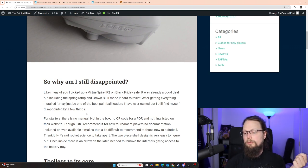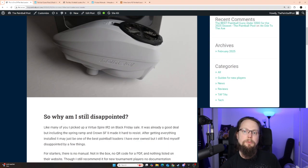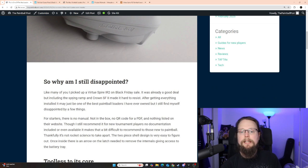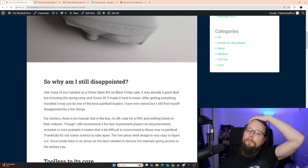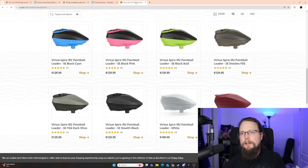Now, my IR2 is currently disassembled being painted because I got it in white because it was on a really good deal. And yeah, it was great. It came with the spring ramp and the Crown SF2 speed feed. Wonderful. I do not recommend the IR2 anymore, though, at least in its stock configuration, because